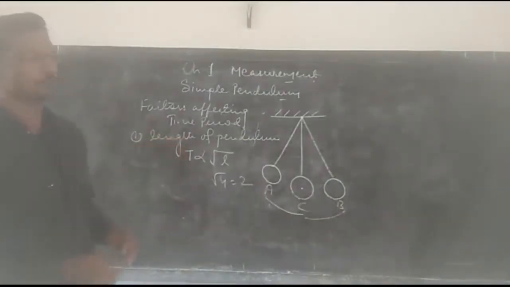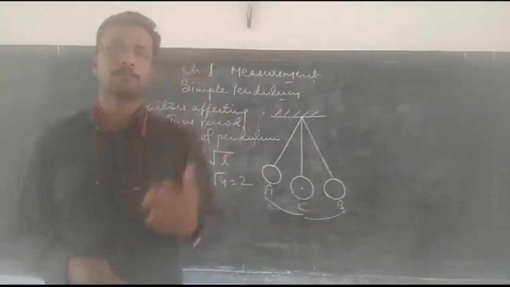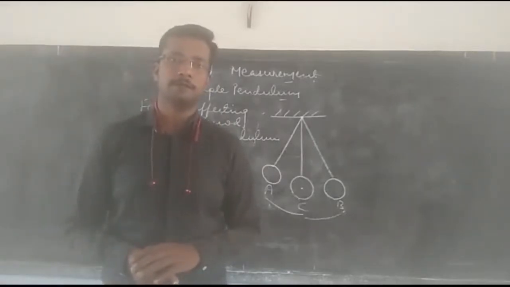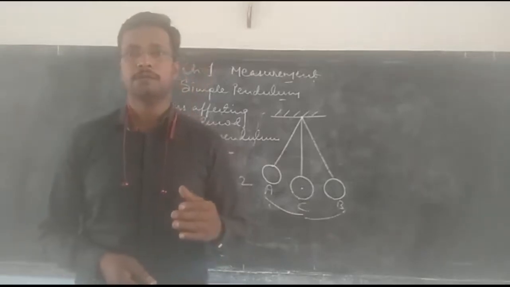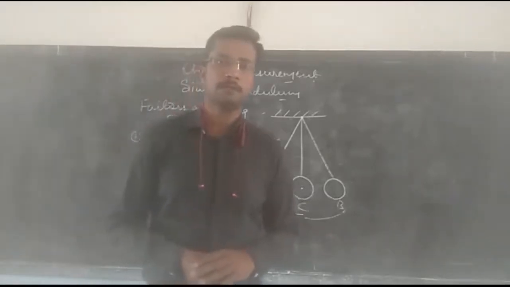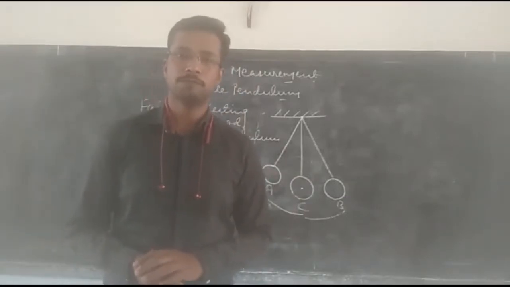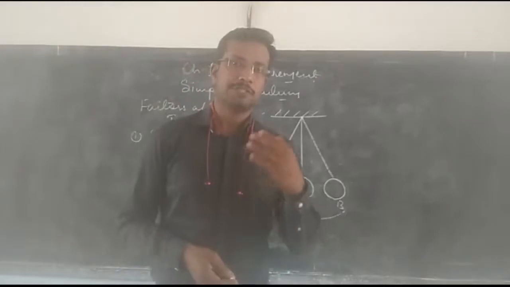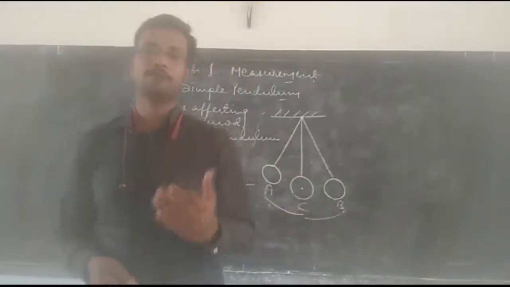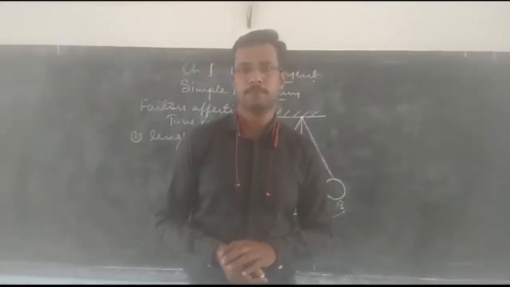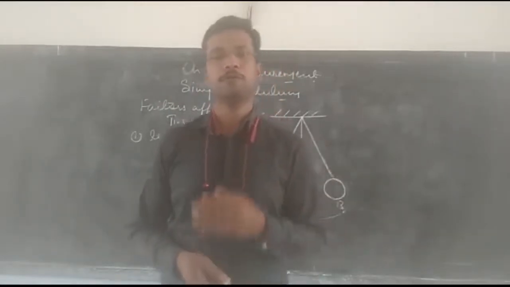And here you should also know that during the summer season, when the length of the pendulum increases, it will make the pendulum go slow. The reason is that due to the increase in the length, the time period will be more, and just the reverse thing will happen when there is winter season, where the length of a pendulum will decrease, and that will also decrease the time period. In that case, the pendulum will move fast.